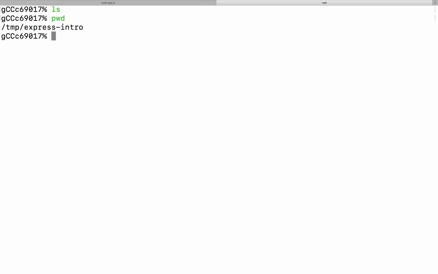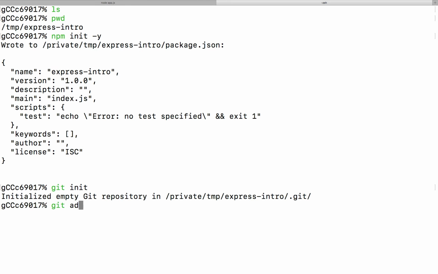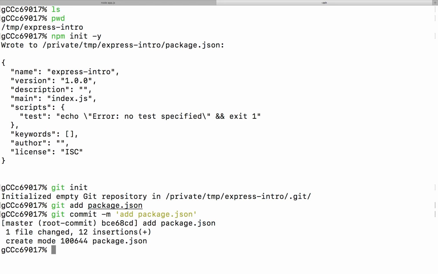Just in general, never name your directory anything that is identical to one of your packages that you're installing. Otherwise, the plumbing will just break down. So I went ahead and we'll run npm init -y, git init, git add package.json, git commit -m "add package.json".